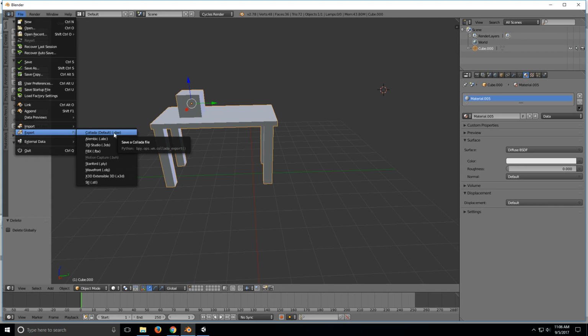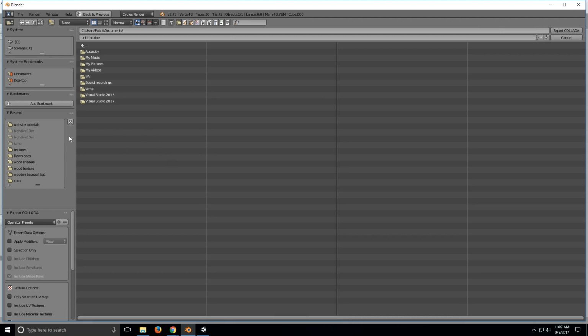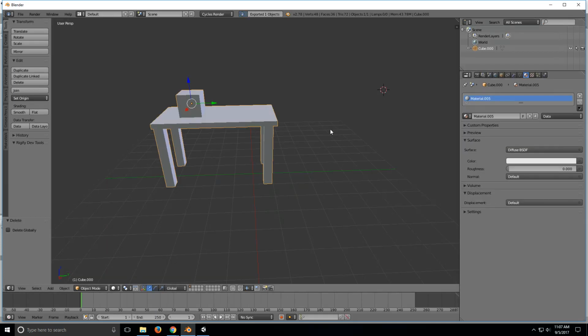So if it's an animation, just use FBX. If it's an object like this, static, you really got your pick between either one of them. I've just been using Collada, so that's what we're gonna do here. So we're gonna make this. We're gonna export it. And then